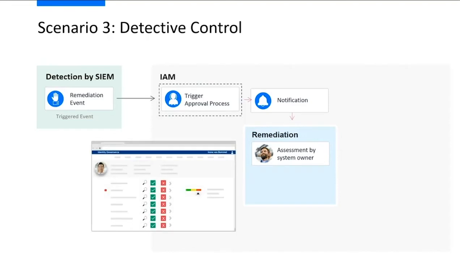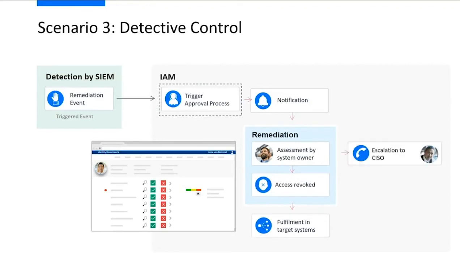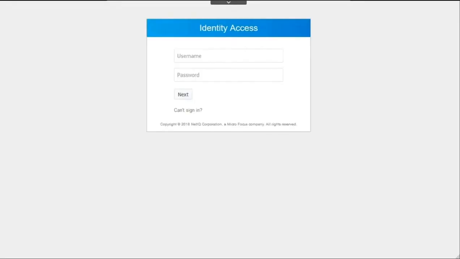So what Rob is now able to do is go into the IAM solution and view: does Kim actually have access into this application? Who gave him this access? Or is he using some sort of workaround method, right? Does he not have access but was still able to run these commands? This allows Rob to really get an assessment of what's going on. So what Rob is going to see is that Kim was given this access correctly, but he shouldn't necessarily have access to it. And he's going to notify the CISO and let him know what's actually been going on. It looks like Kim did try to remove a directory, so this was worth a direct call to the CISO in this situation. So let's see what this process really looks like.